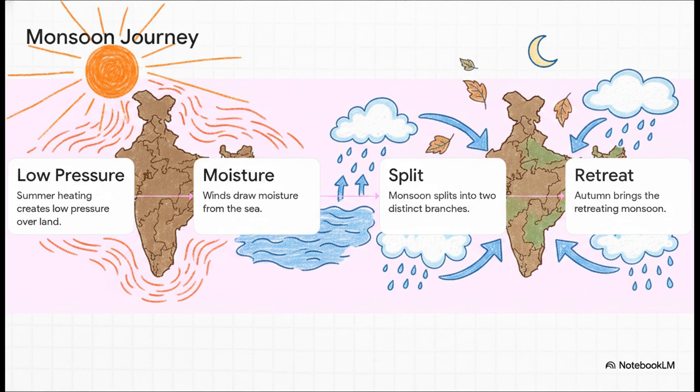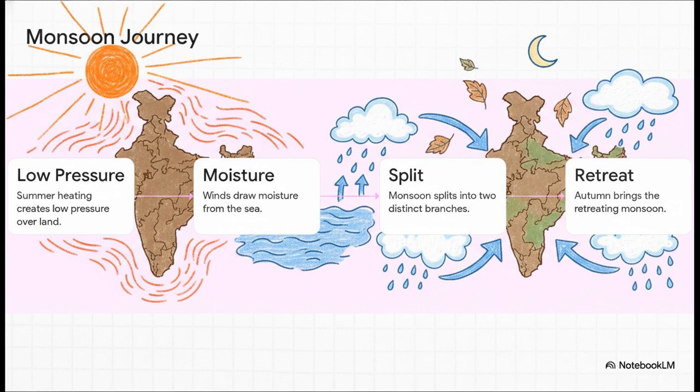Step 1, that intense summer heat we just talked about bakes the Indian landmass, causing the air above it to rise and creating a huge zone of low pressure. Step 2, well, nature hates a vacuum, right? So high-pressure air over the Indian Ocean rushes in to fill that void, drawing literally millions of tons of moisture